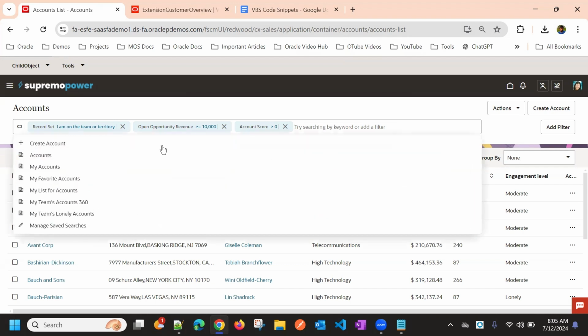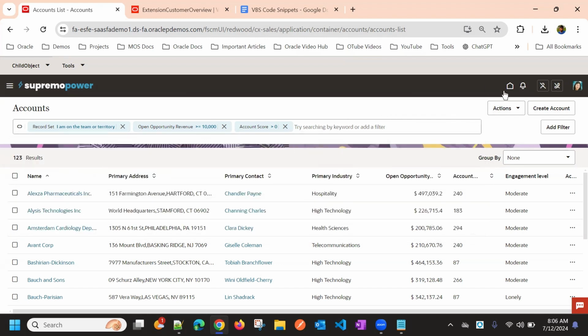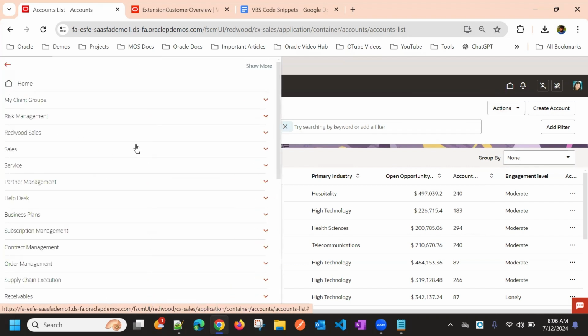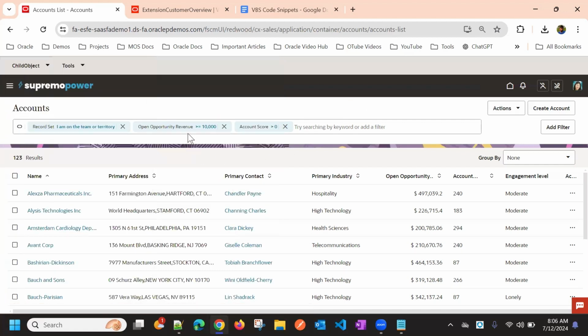Also we have this action here, create account, and a button is also available. So either way, we can create. This is available from 24C, right? It is available for all objects. You don't need to enable anything for this. So that is one, and then the next one will be,